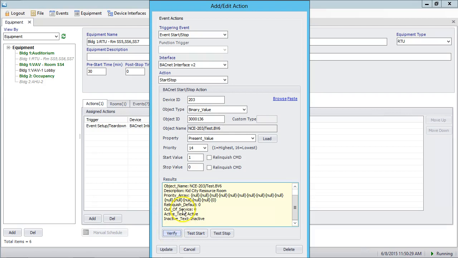So the next step is to verify I can talk to it, and I verify that is the correct object name that I want, BV6, and the instance ID, and I'm going to test a start, and I can see that it's sending a priority 14 at 1, and I can test a stop, and I can see it's a 0 at priority 14. So we are good right now,